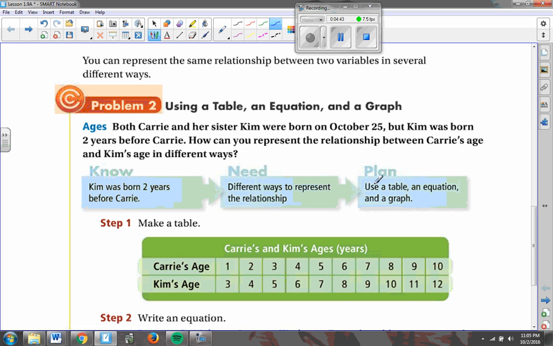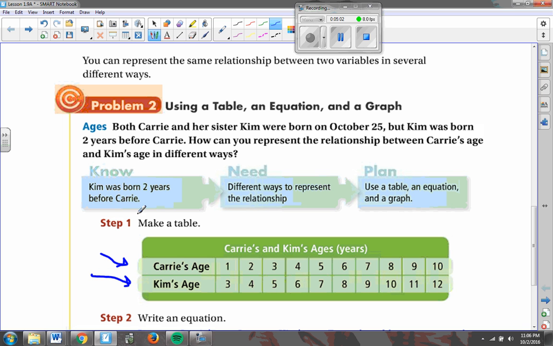Okay, so we're actually going to take a look at a table that they give us, which we could come up with ourselves, certainly, and we're going to try to write an equation with two variables in it from this table. Okay, so the first thing that they do is they make a table with Carrie's ages and Kim's ages